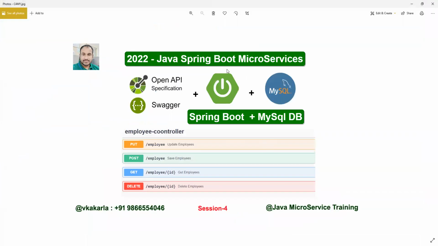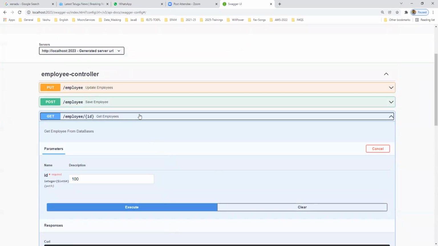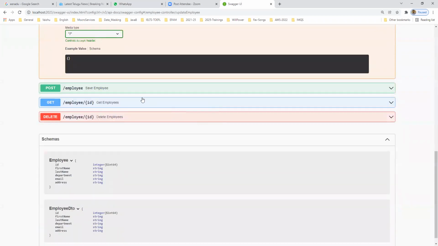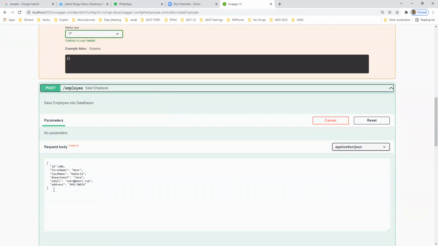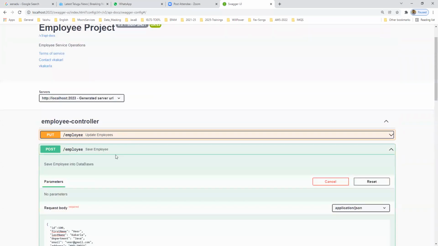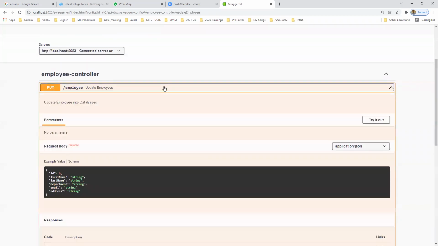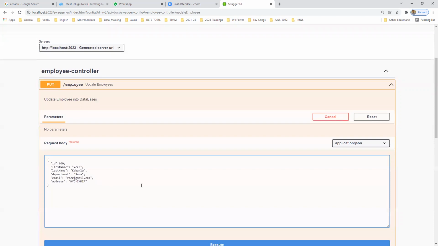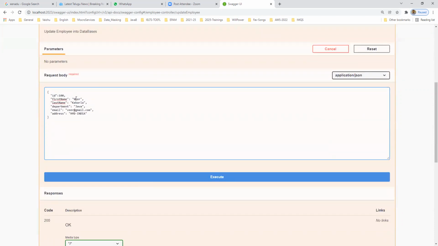Okay, so I think you are understanding well, and let me do the remaining two operations. So the update operation, we also know. So let me take these values. Okay. Remaining all are the same, but in each and every class we are learning integration one by one: how we can do the integration of the MySQL database, how we can do the integration of MongoDB, and how we can do the integration of SQL database.